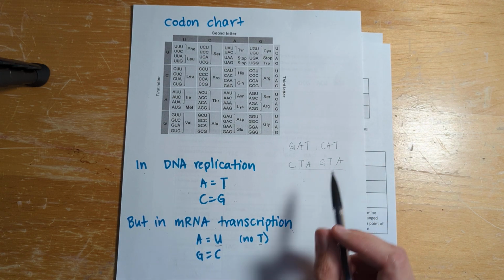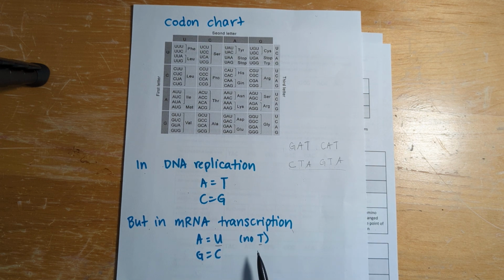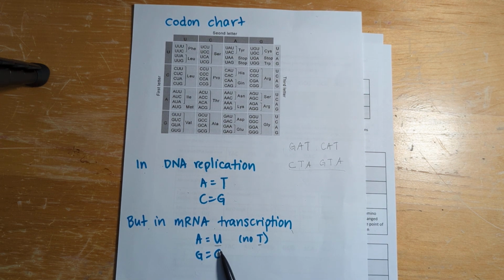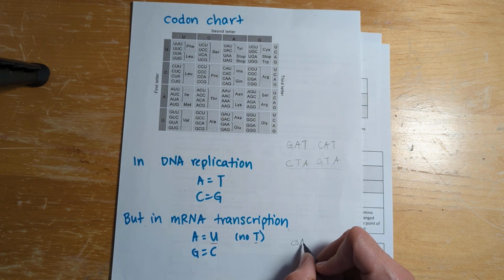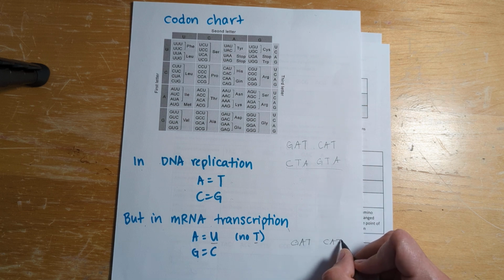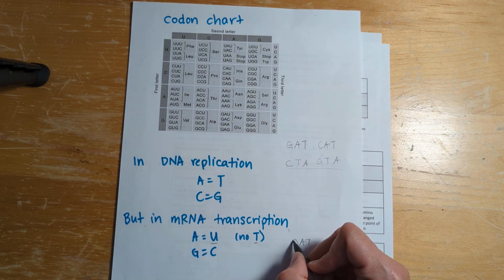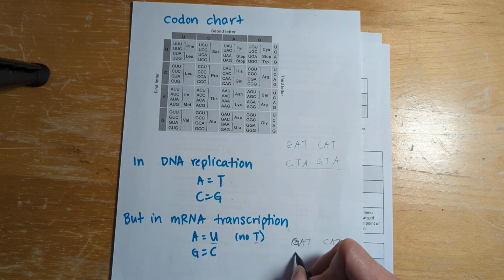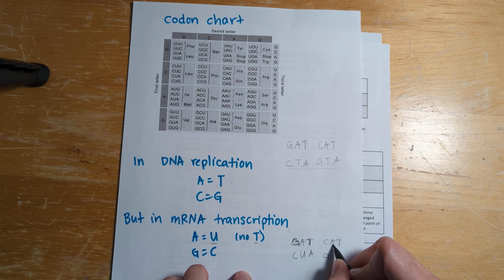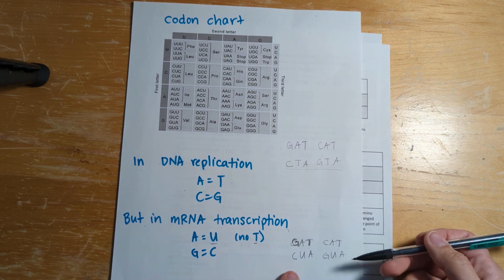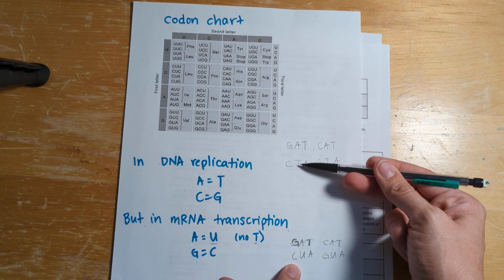That's DNA replication. When we get to mRNA transcription, RNA does not have a T. There's no T base. It has a U instead. So you follow the same rules, you just substitute a U instead. So let's say I gave you a DNA sequence that was GATCAT, and I said, please transcribe this. Okay, well, G always pairs with C. A would pair with T, except there's no T, so instead it's going to pair with U. And then T pairs with A. C pairs with G. A would pair with T, but there's no T, so it pairs with the U instead. And T, right here, will pair with A. So compare these. These are the same, except you substitute that T for a U.